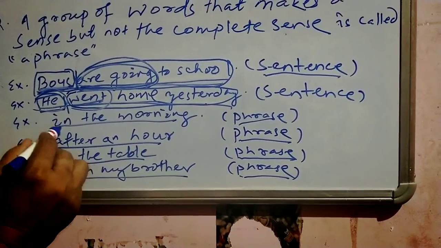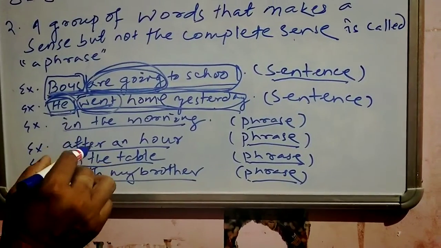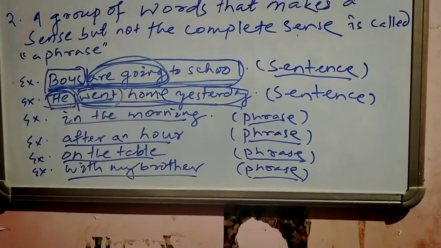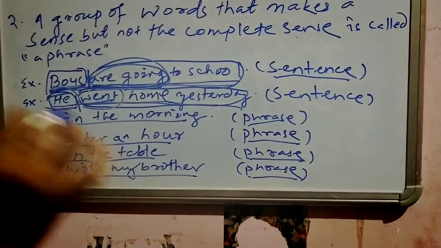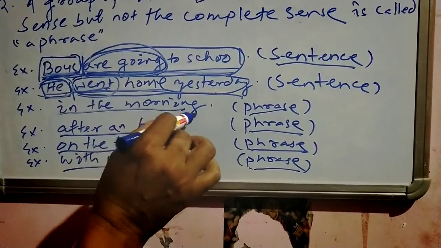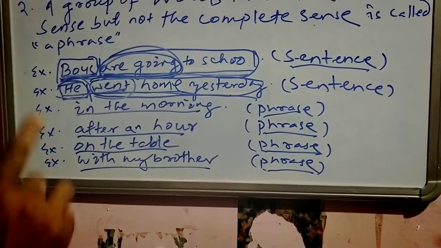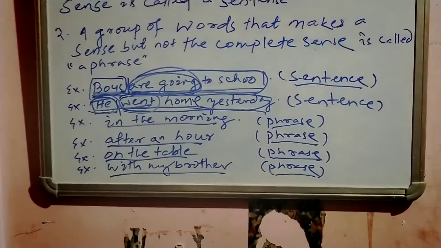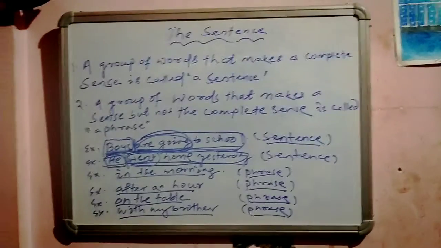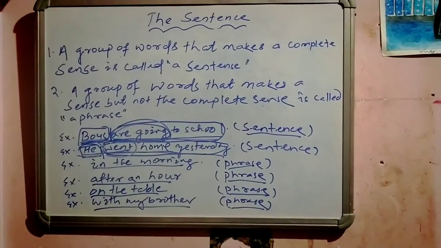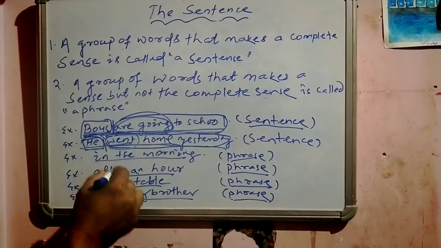Because we have only some words, and some words express a meaning, but not a complete meaning. And how can we know that they don't supply us a complete meaning? Because in all these phrases,